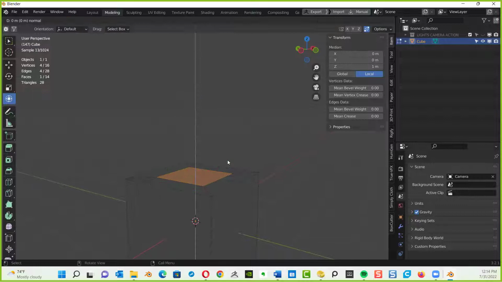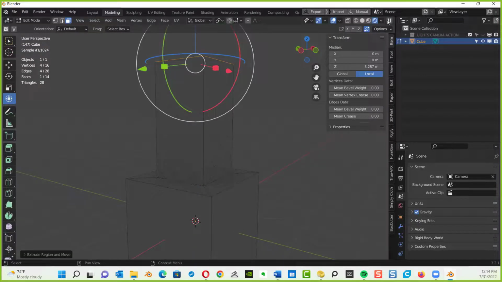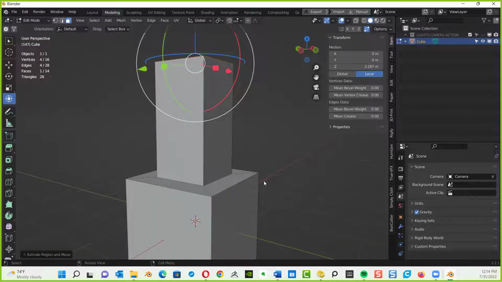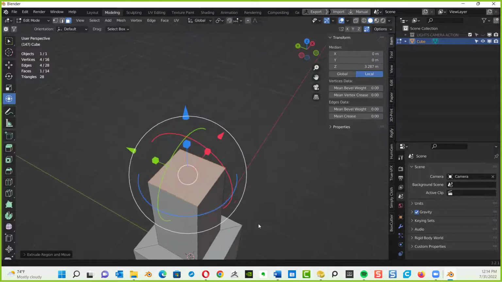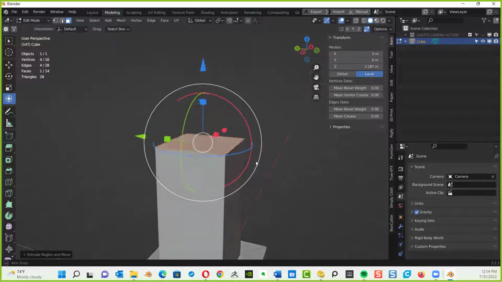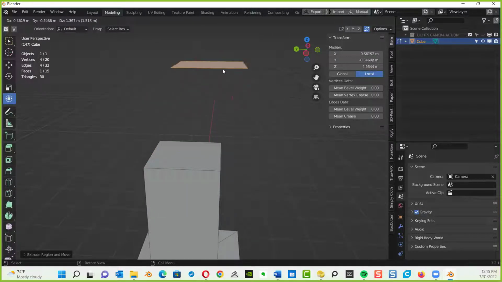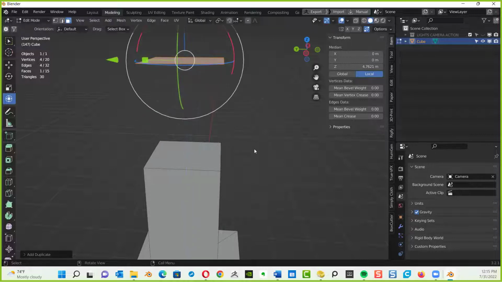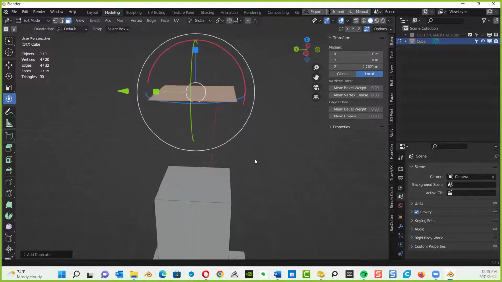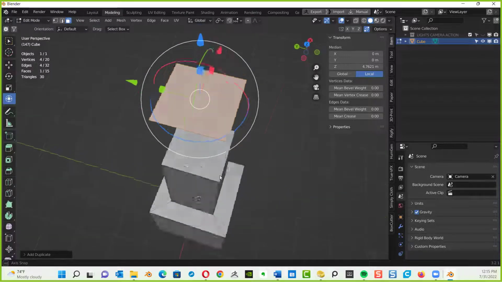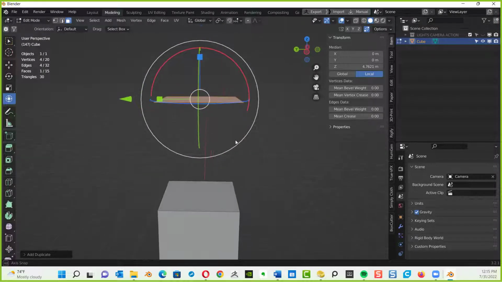I will extrude this. E key for extrude. Bring it on up. I'm going to get out of rendering mode. I accidentally clicked that. And then I'm going to duplicate this selected surface. Shift D. It attaches to my mouse. And I can always hit the Z key to restrict it to the Z axis, and then left click. And that sets it right above there. So I just want you guys to get to this point.